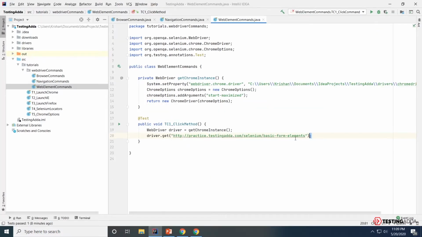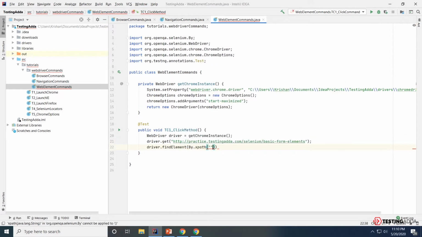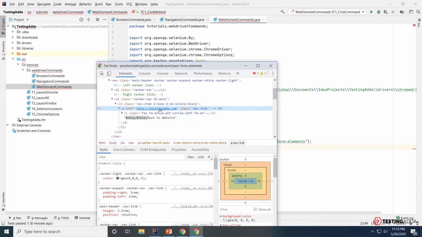This is the URL we are going to open on the browser instance which we received from get Chrome instance. The third thing would be locating the element. So driver.find element. This is how we locate an element through Selenium. I'll make a locator, let's say XPath. What I can do is anchor, because this is my anchor tag, and probably check for href equals to, I can copy the href from here